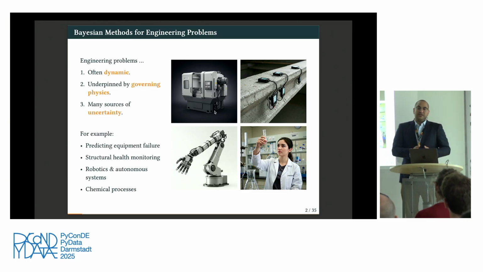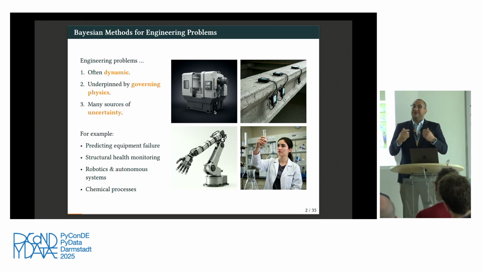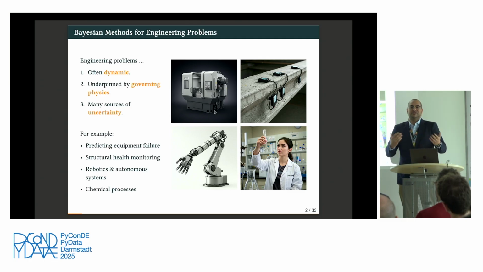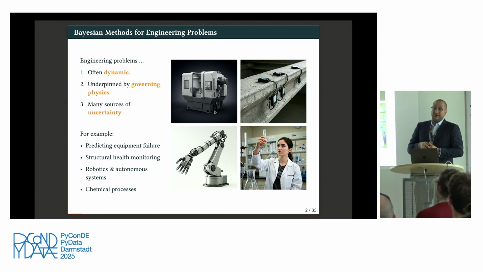Engineering tasks tend to be very dynamic as they evolve rapidly over time. They are usually underpinned by governing physics. And there are also many sources of uncertainty. What I mean by this is there's uncertainty in how you model things from the real world into a mathematical model. Nothing is perfect. We know that. There may be uncertainty in the form of noise in the sensors that you're using to observe some engineering system, and so on. Some examples of these engineering tasks are predicting equipment failure, structural health monitoring, chemical processes, robotics,